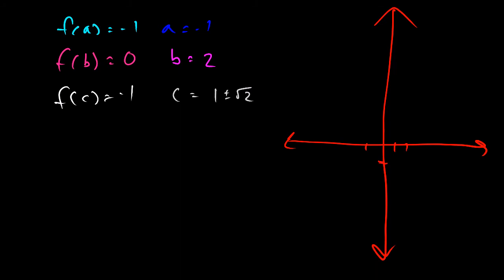Okay, so A is here, f of A is at -1, B is here, f of B is equal to 0, and my c is 1 minus root 2. Well, 1 minus root 2 is outside of our interval because